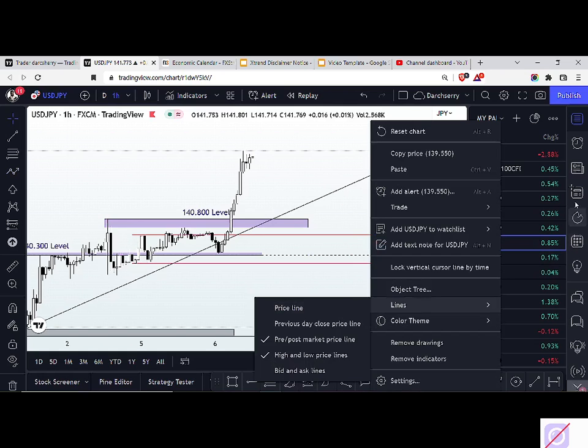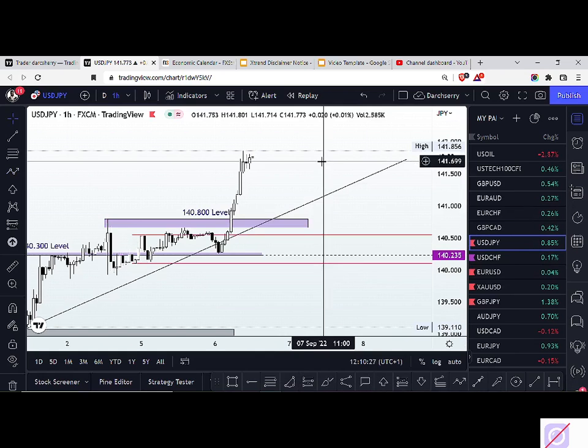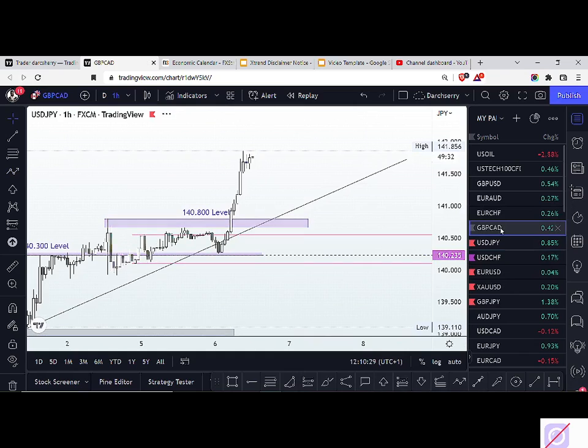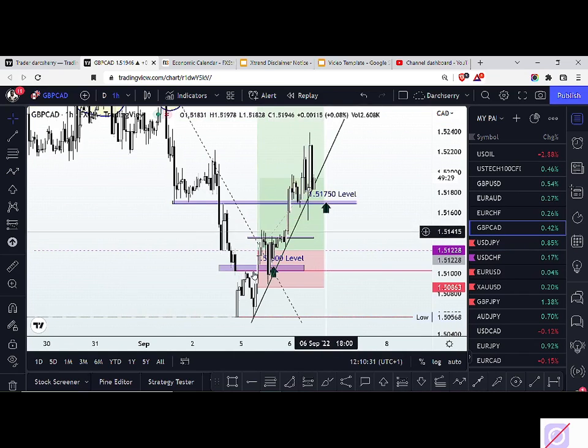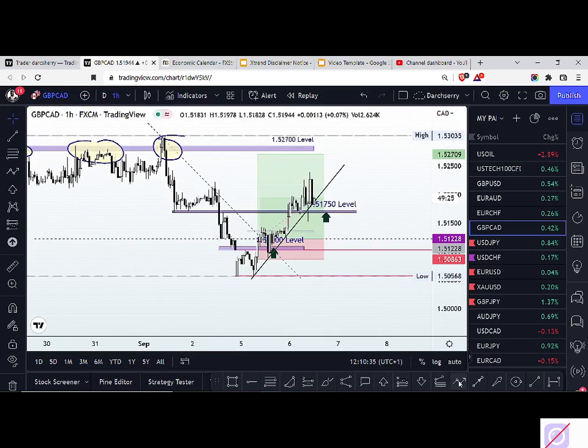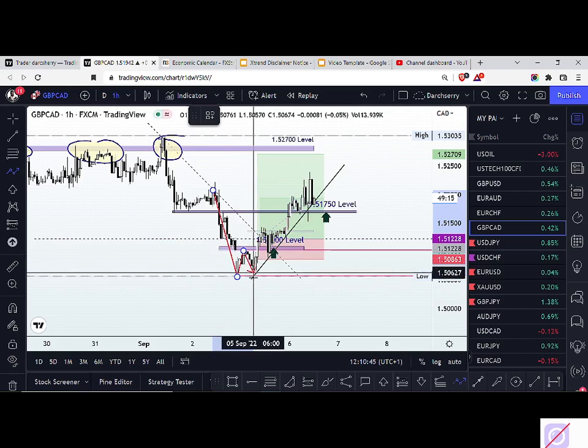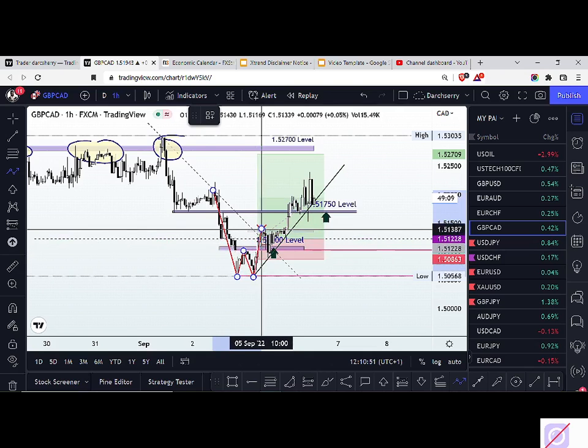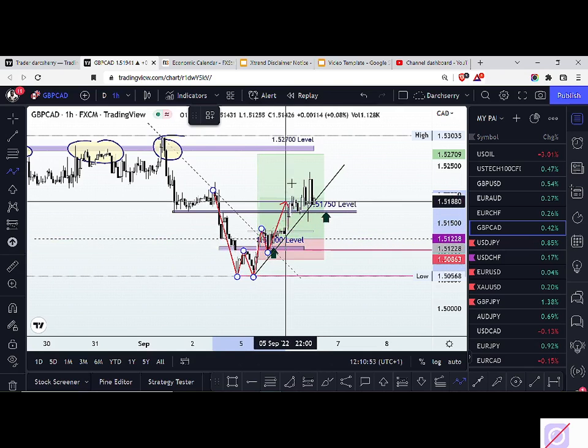Then we moved on to talk about the GBP CAD, where we are still in profit. We took advantage of this move yesterday after sighting a double bottom structure on the 1 hour time frame. We saw price came into the 1.50500 level. We saw the first touch during the early hours of yesterday's trading session. Price came back to do a second retest. Then we had a neckline at the 1.510 area broken, a retest of the neckline,